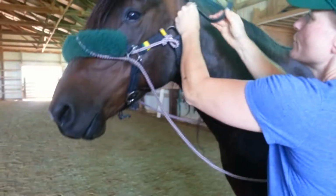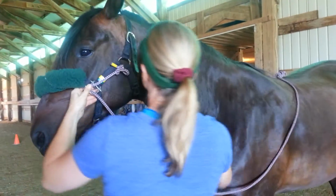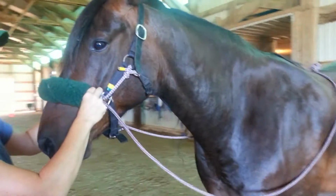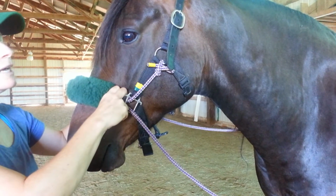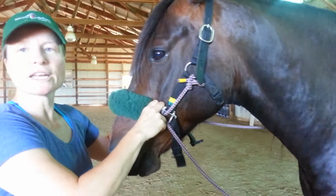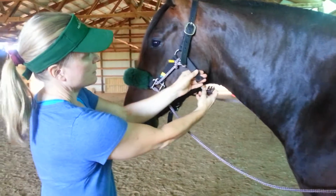I know that I need to put that on a certain hole here, but what I would do to check and make sure it's in the right place is come to the front and bring my fingers here on the buckle and just slightly pull down. And the tips of my knuckles should just reach the bottom of his cheekbone. So if I have that here, then I know I'm in the right place to start. The next piece that I'm going to tighten is